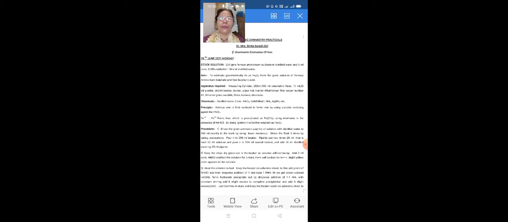Today we will follow the gravimetric estimation of iron. It means we have to find out how much quantity of iron is present in your given solution. Students, please listen carefully. This is a very important practical and it is compulsory for TYBSc, SYBSc, and FYBSc. Due to what? The whole world depends upon gravimetric estimation when they want their material in a pure form. Most pharmaceutical, that is medicinal, industries follow gravimetric estimation because they get the pure form of the product, right?